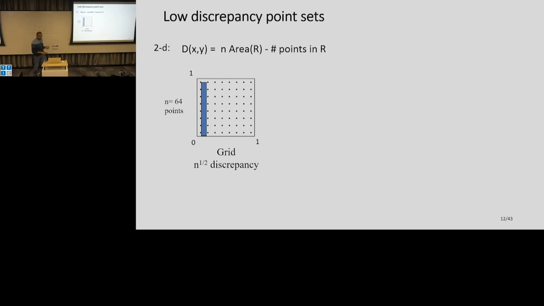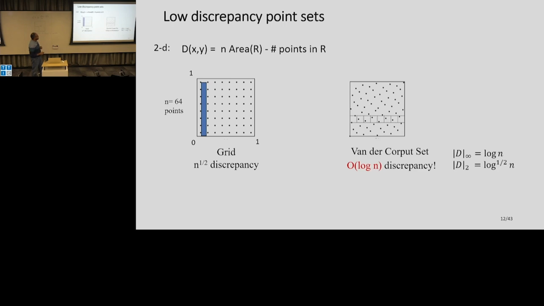And this is bad, right? Because if you recall the formula for error, discrepancy, it doesn't matter which one, it's all the same thing. So this guy is like root n. So you are getting a 1 over root n dependence, which is the whole point of avoiding that in Monte Carlo. So it's basically no better than random.